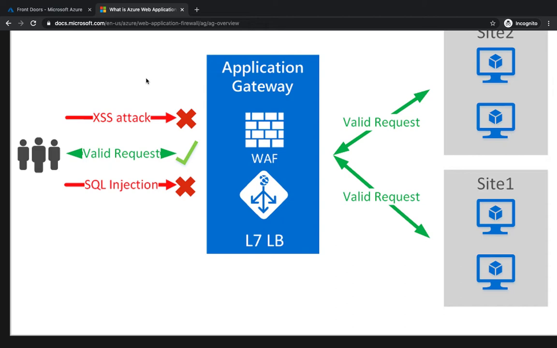All you want is a good security protocol which can protect your application and provide centralized protection of your web application from common exploits and vulnerabilities. And that's what we're going to talk about: Azure Web Application Firewall, which is called WAF, and how it can integrate with Azure Front Door and give you